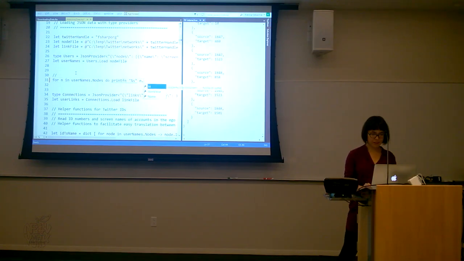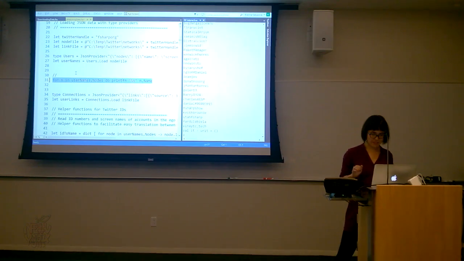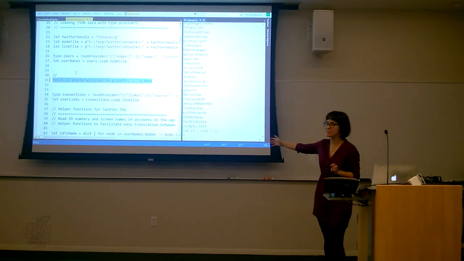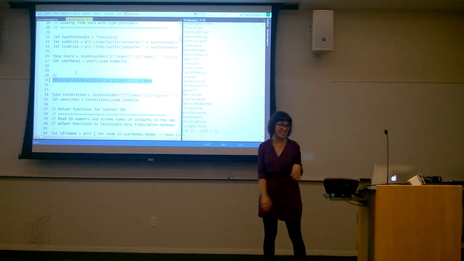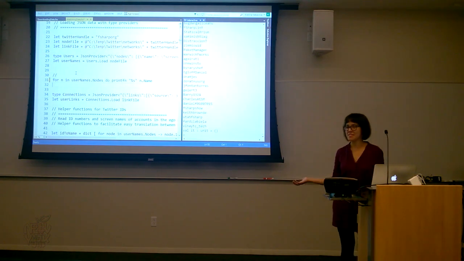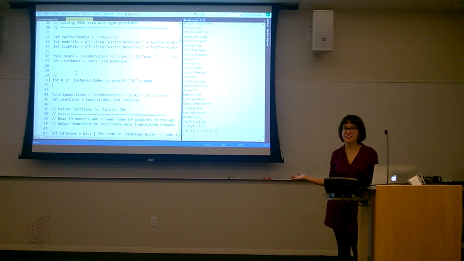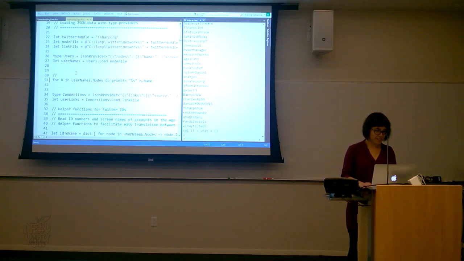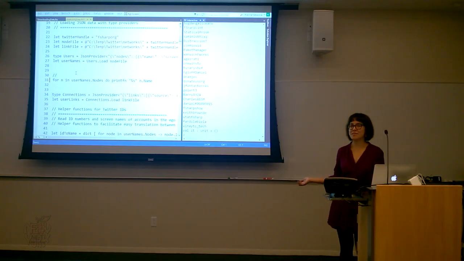And now I know that for every node I have a name and an ID. And the ID is int64, but I can look at all the names. And these are all the names of all the nodes inside the ego network. So you can see that using the JSON type provider, it's incredibly easy to access any information that you have in a JSON document. And in F# you get the same for CSV files.